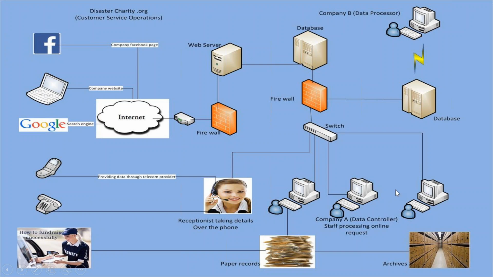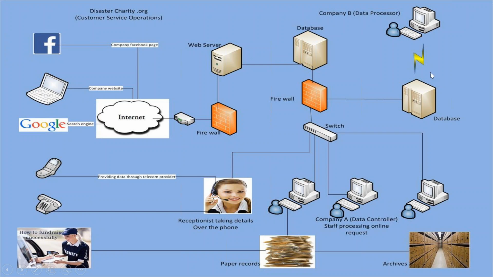So the guys in the office have access to this database. They pull the information that this guy has inputted from his computer, which is sitting here right now. So these guys have access to this server. They pull that information, they process it, and then they send it to another database here. So this database is where the processed data sits. Perhaps this one here is where the unprocessed data sits, because this is the raw data coming from the public, and it hasn't been processed. But now that it has been processed, it will be sitting here.